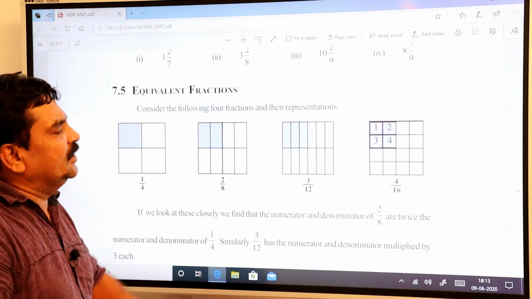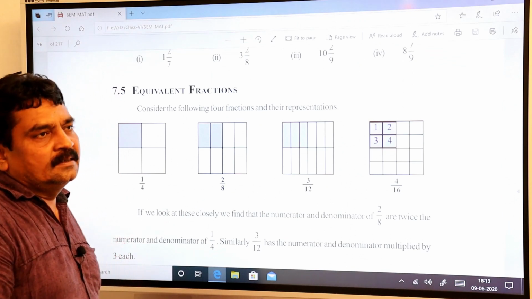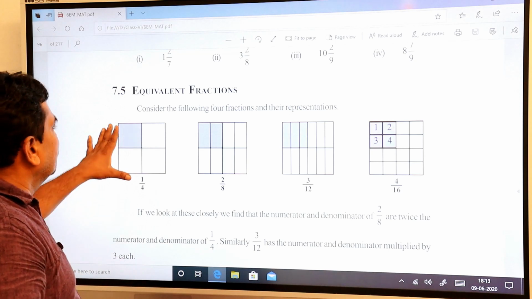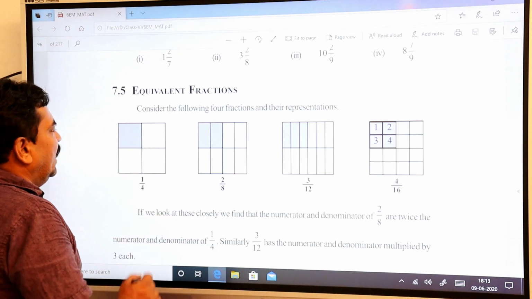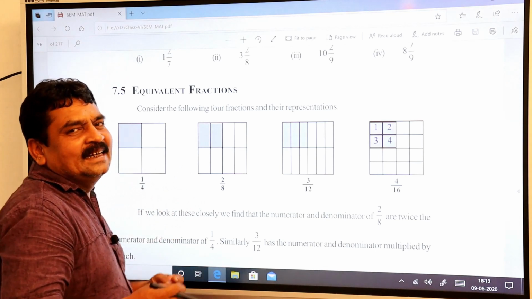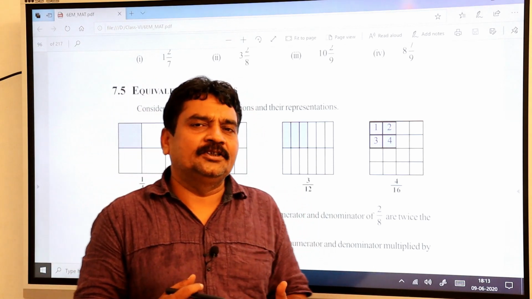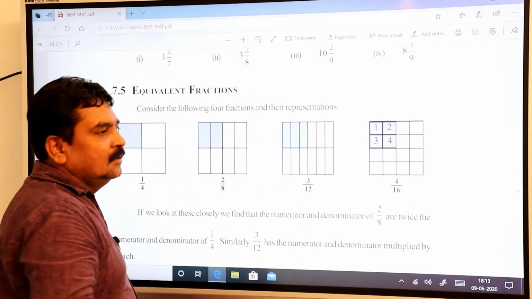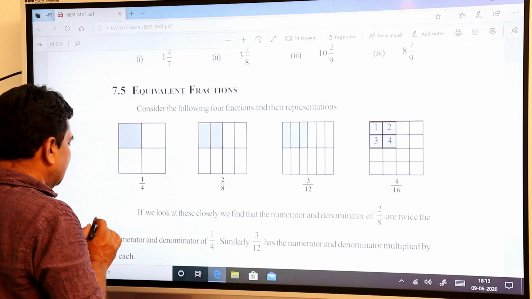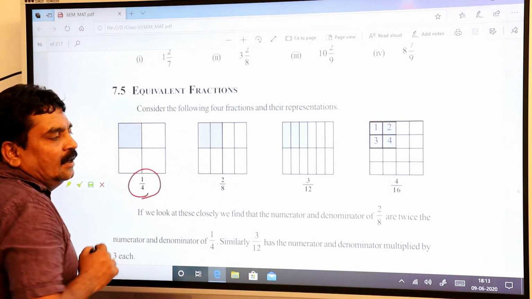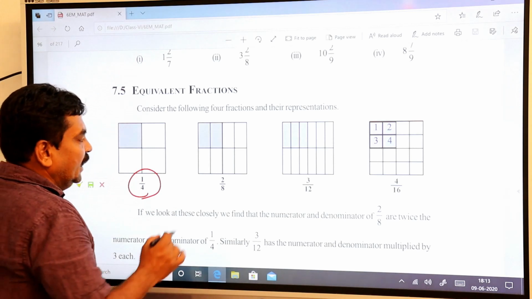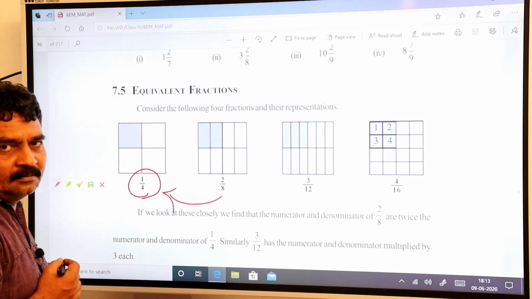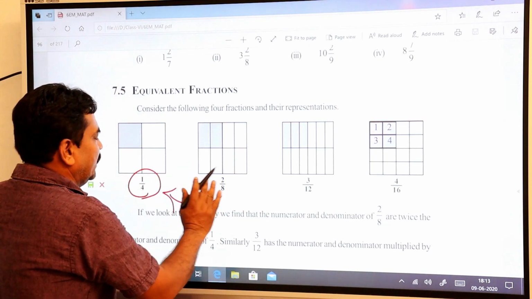Then equivalent fractions. Of course, this is like fractions and all is one set, and here we will consider equivalent fractions. Here equivalent is nothing but a least value, a least fraction. Okay. 1 by 4 is equal to 2 by 8. Nothing but this is your least fraction. This is your least fraction, 1 by 4. If you cancel this, you should get again the least value. Okay, it means it has been raised to double.